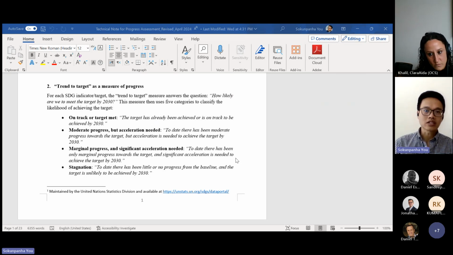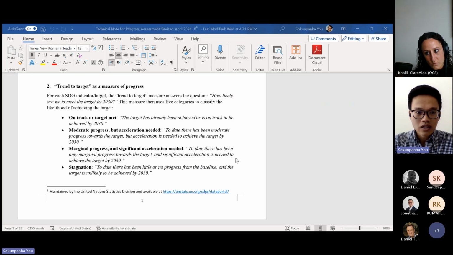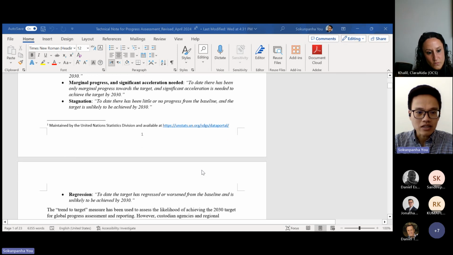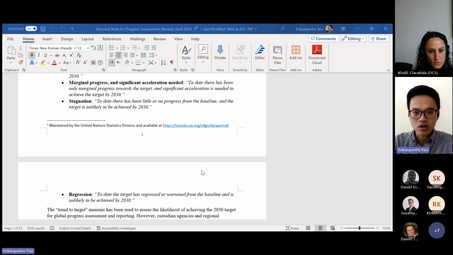The main rationale of doing this is to make sure that the wide dispersion in the previous some progress trend is now slightly more nuanced and separated into moderate progress and marginal progress. And previously we bundled together the stagnation and regression, but this year we're separating the two into 2 different trends. The caveat for this is that, as I already mentioned, there are 2 main reports that we are including the global progress assessment in. Our intention is that in the SG's